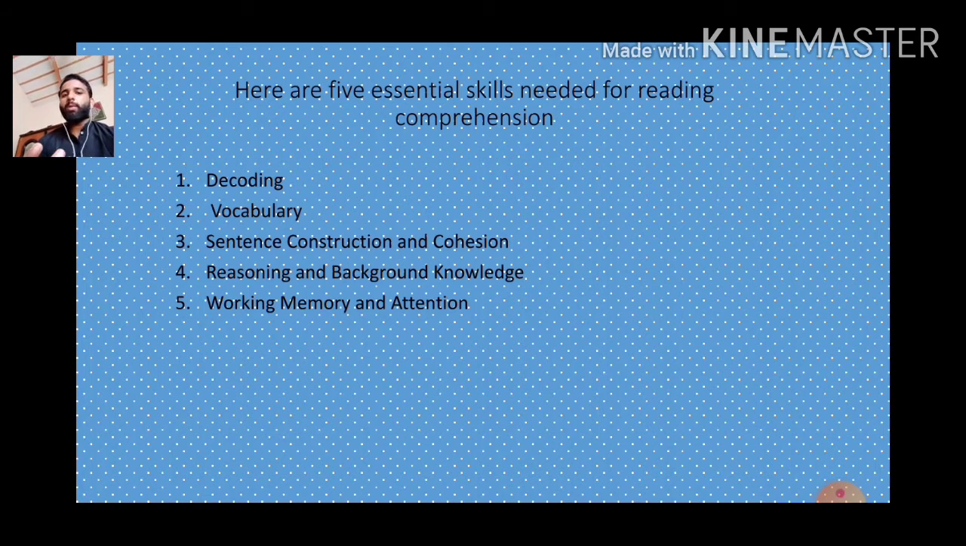The last one, working memory and attention. These two skills are both part of a group of abilities known as executive functions. They are different but closely related. When kids read, attention allows them to take in information from the text. Working memory allows them to hold on to that information and use it to gain meaning and build knowledge from what